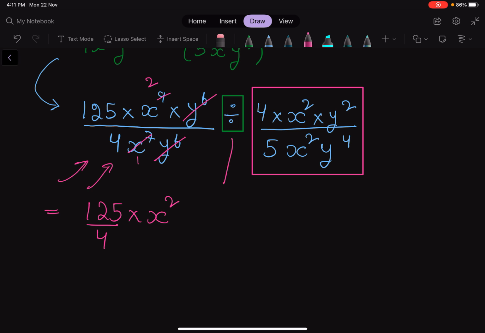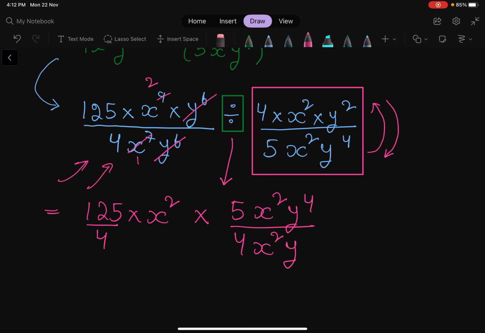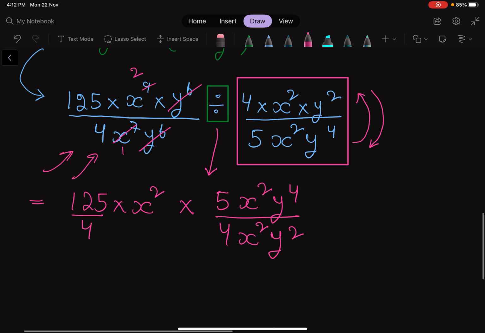Then this division sign changes to multiplication and we reciprocate, so the denominator becomes the numerator and the numerator becomes the denominator, so it's 5x squared y power 4 divided by 4 x square y square,